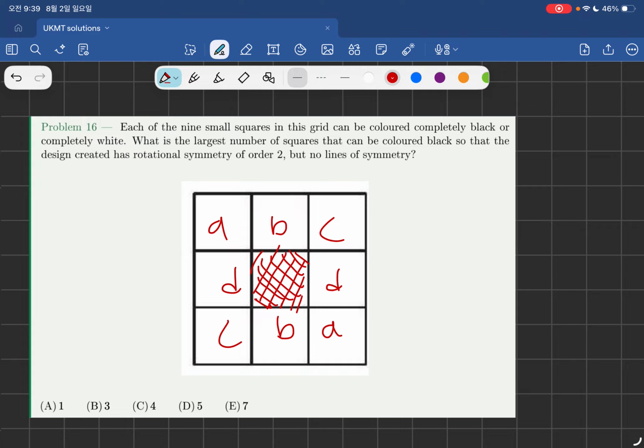So I'm just going to do A and B as white. Then C and D should be colored in black. Now in this case, there's no line of symmetry. So there are a total of 5 squares colored in black. So D is the